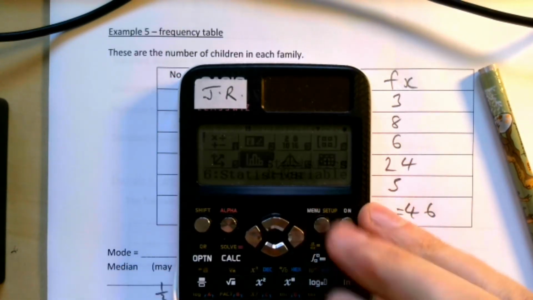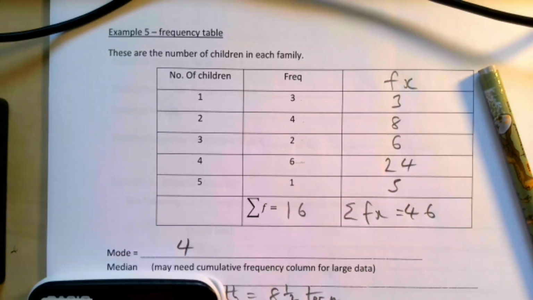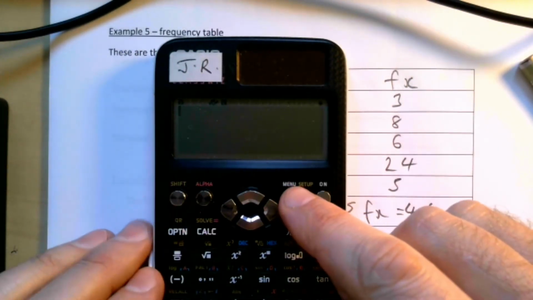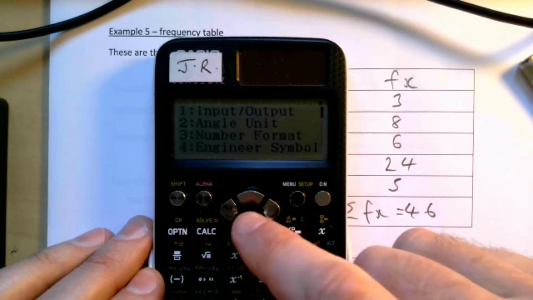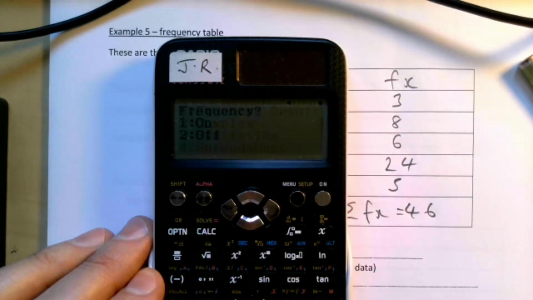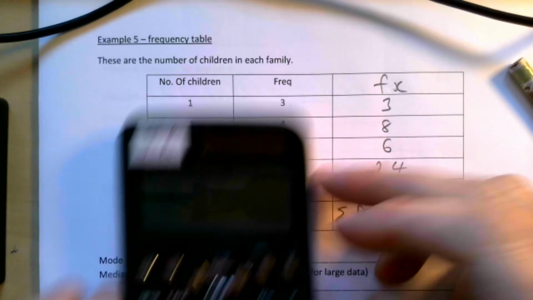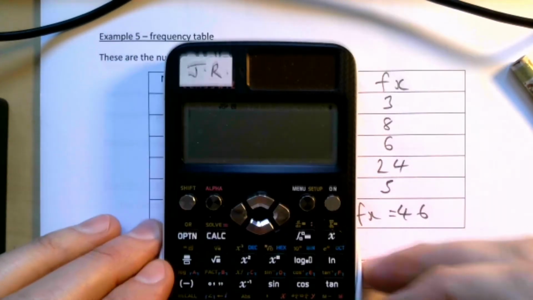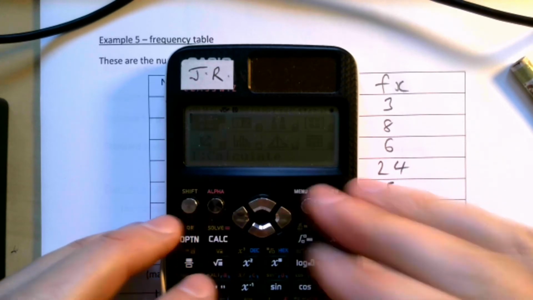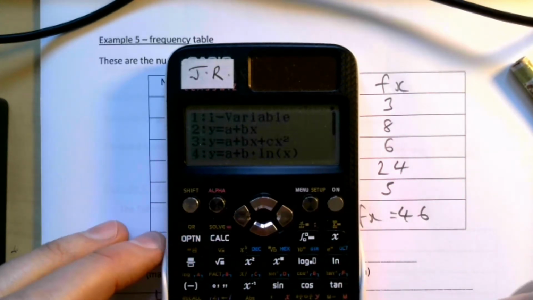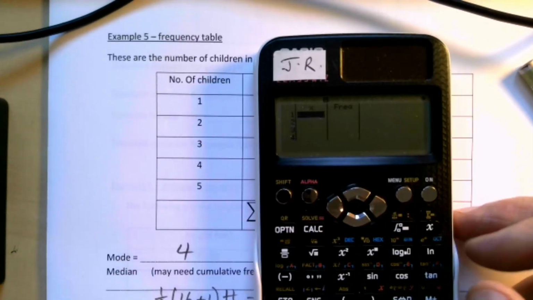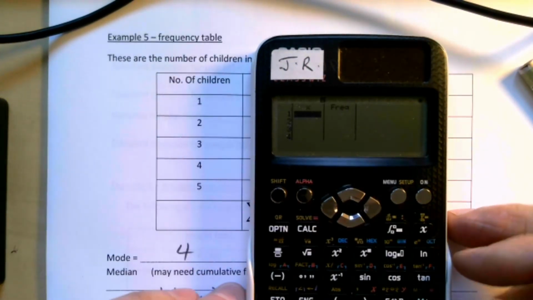If your calculator is just in regular mode and you're trying to remember what to do, so what are we going to do? We are going to go Shift, Setup, and scroll down, and Statistics. This time it's a frequency table, so we want that on, so we're going to press the number 1, and then we're going to go Menu and 6, and we want one variable, and we have the 2 pieces of information in here, so we're going to put 1, 2, 3, 4, 5,